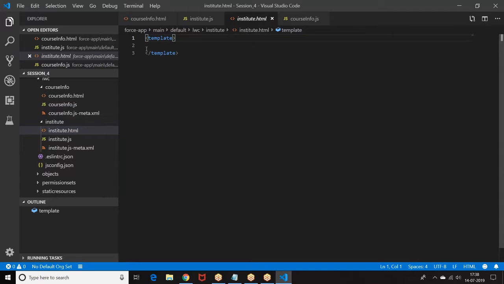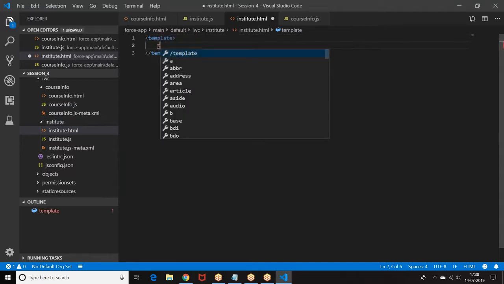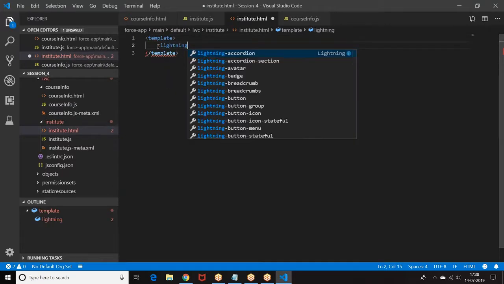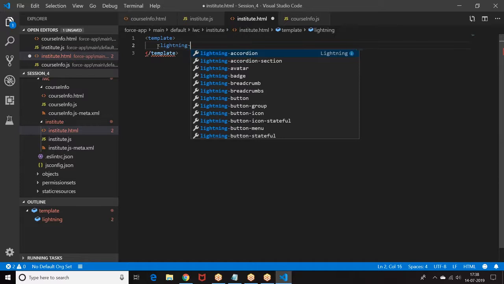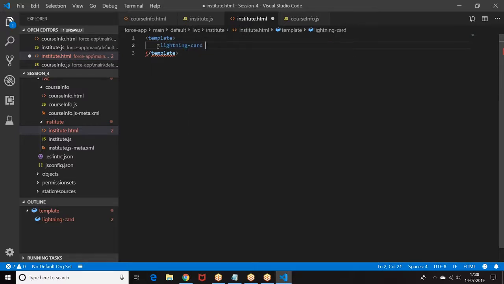Here, you want to print it. How do you print it?